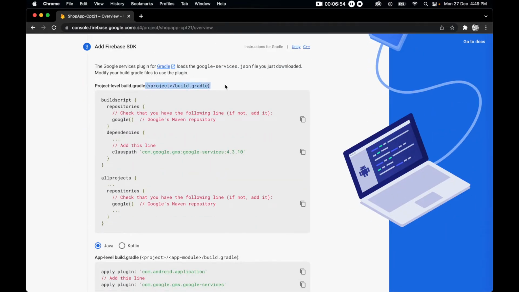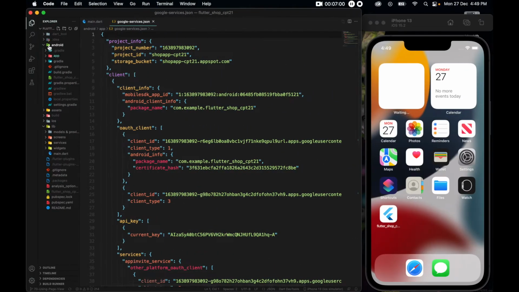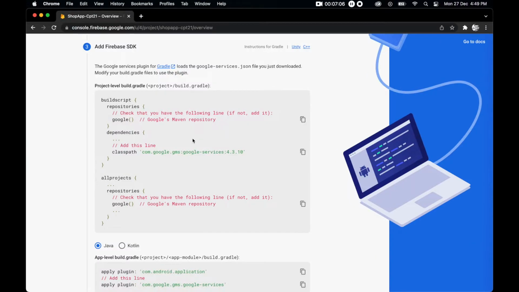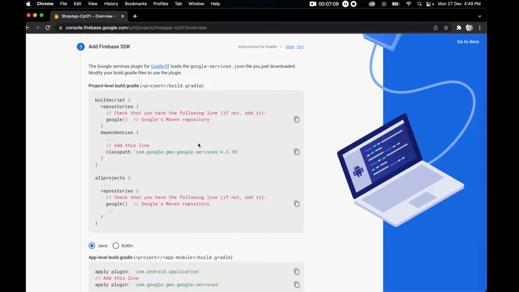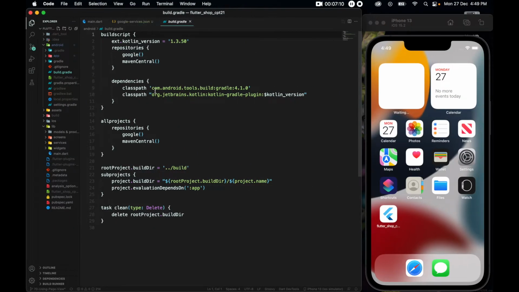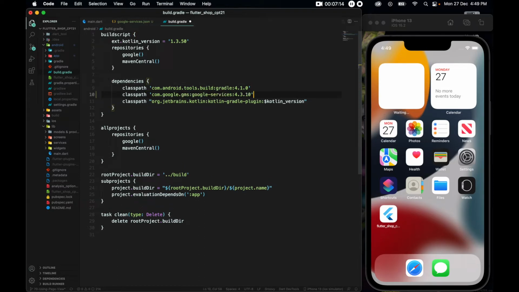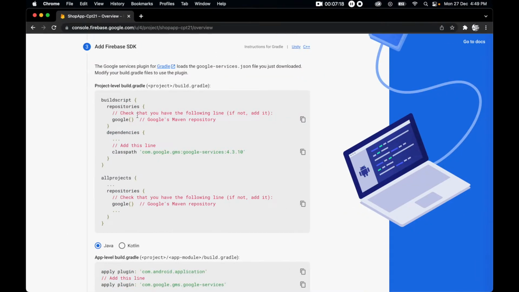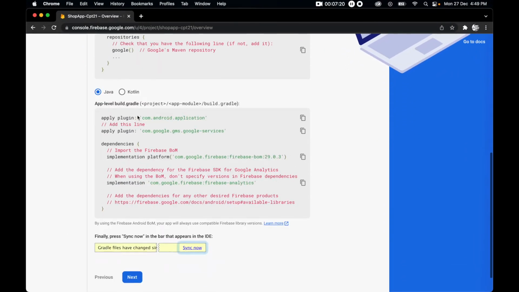Now for the project level build.gradle, we have to add this dependency. So I'll just copy this dependency, and project level build.gradle is directly inside the Android folder. So inside Android, you have this build.gradle, and here we will be adding this dependency. Where we have this dependency body, let's come inside of it and paste it here. With that, let us go back, and if you come down, now we have to add these things to our